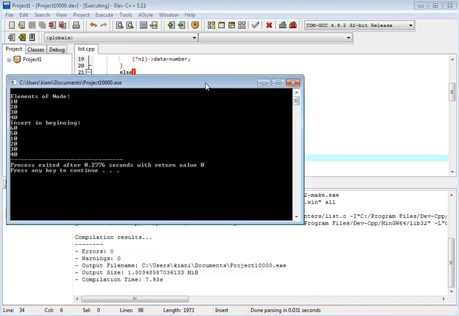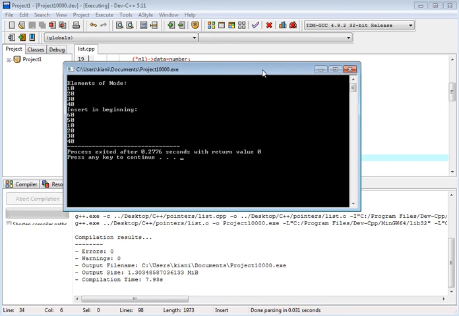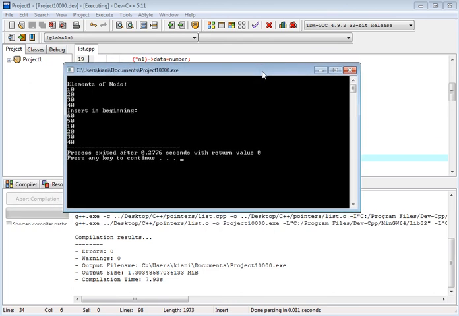previous node, previous link is null, next link is null, and then we have next link not equal to null.